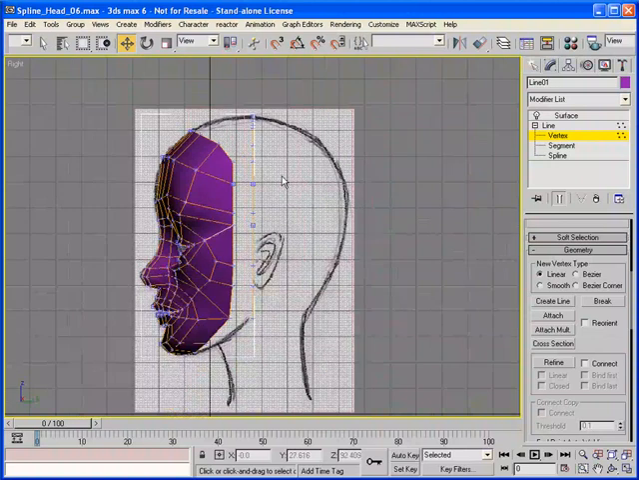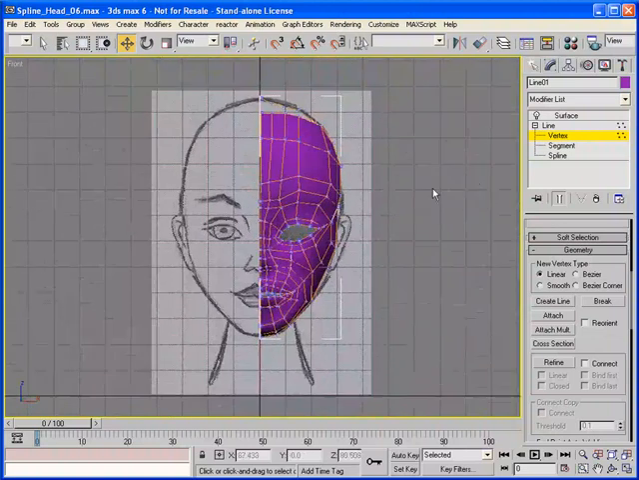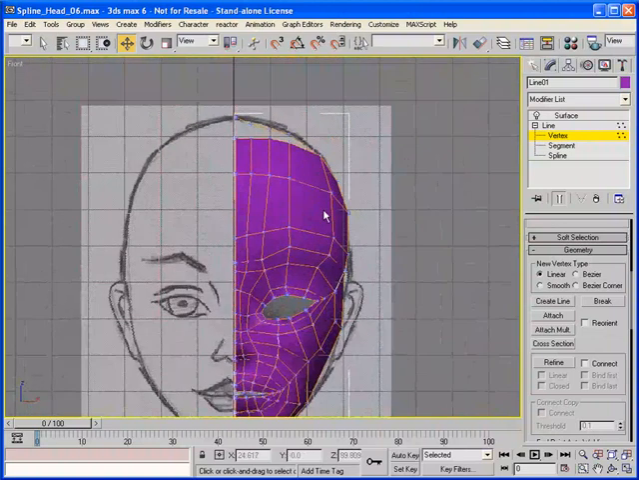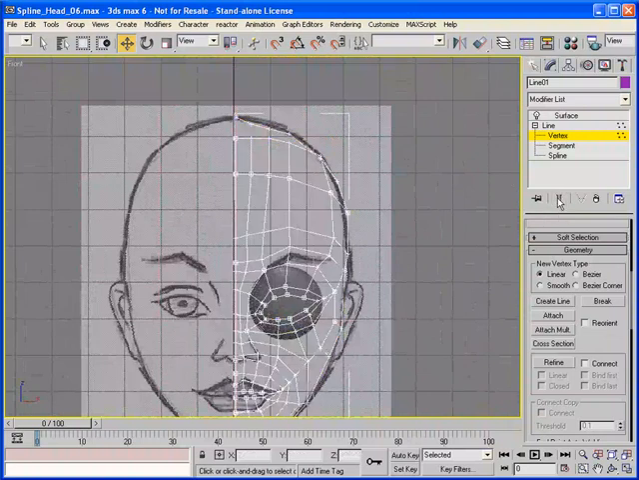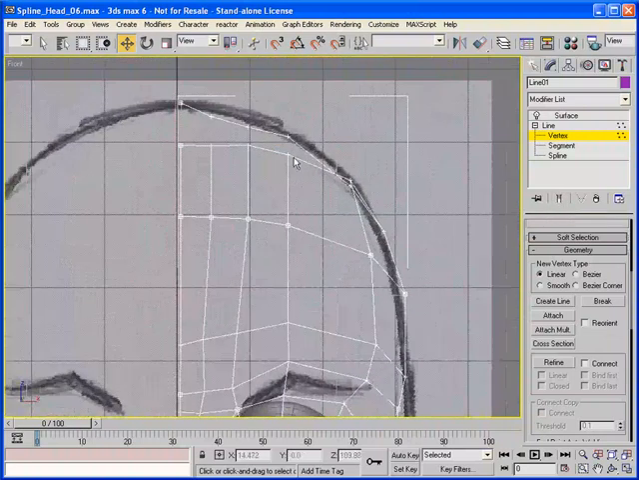Now I also need to sculpt them so that they do the profile in the front view. So I'm just going to hit F, go to my front view, and so I can see what I'm doing. I've got this face in the way here. I'm going to go ahead and turn off my show end result, and that'll just turn it back into splines. So I have a little bit better